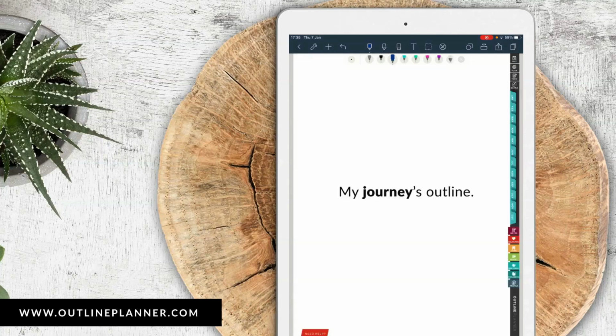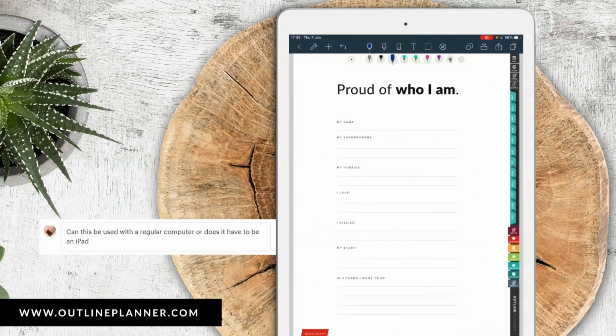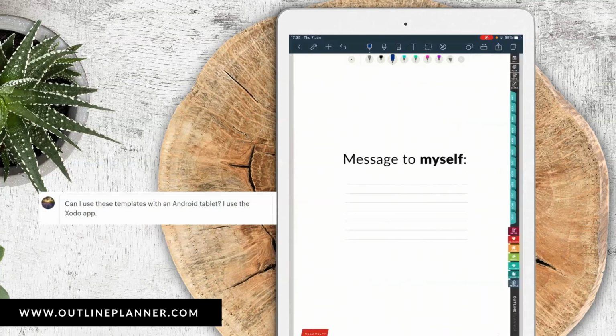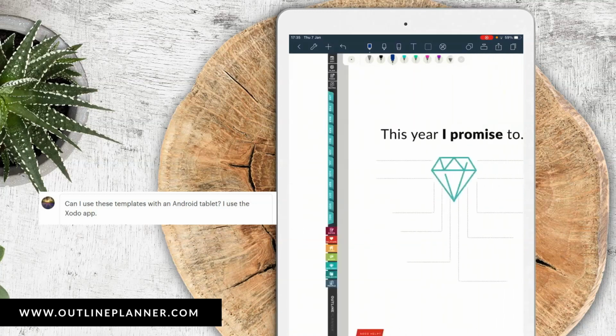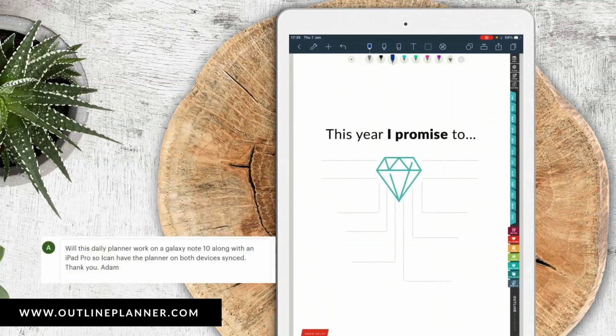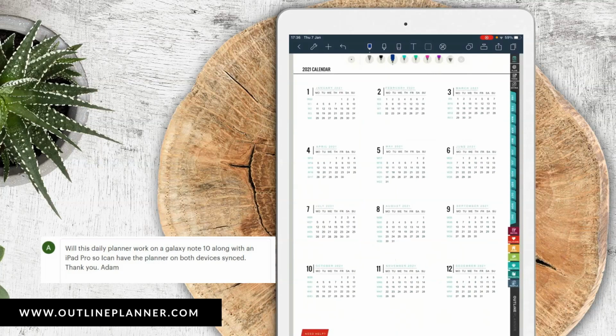Although the planner can be used for iPad and Android tablets, I usually promote it as an iPad digital planner. The reason why I'm doing this is that in order for this planner to work, you will need a note-taking app installed on your tablet. For iPad, you have 3 options available on the market, and all of them work beautifully. So if you're using an iPad, you can install on your tablet GoodNotes 5, Noteshelf, or Notability and start taking